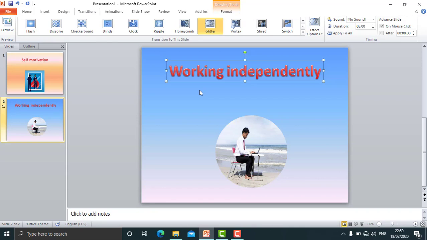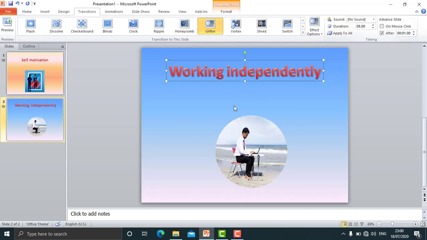But if you want the slide to come automatically, then you need to remove this tick from here and click on after. This is the time after, suppose 1 second. This will make an automatic setting for the slides so they come one by one automatically after 1 second each, and after that click on apply to all. So to all the slides here this particular setting will be added, and these slides will appear on the screen